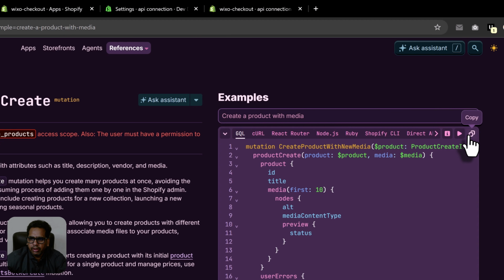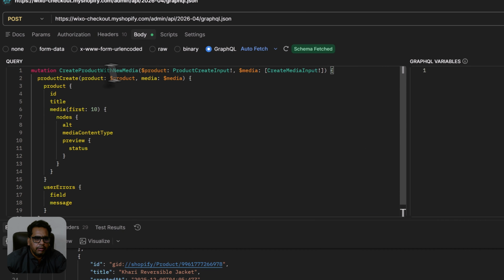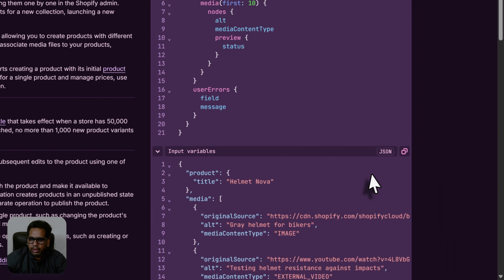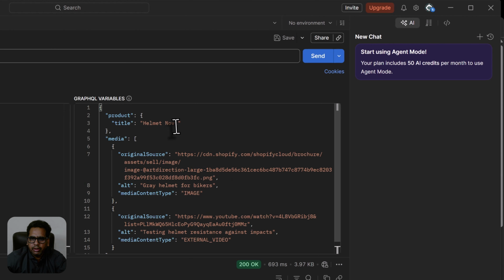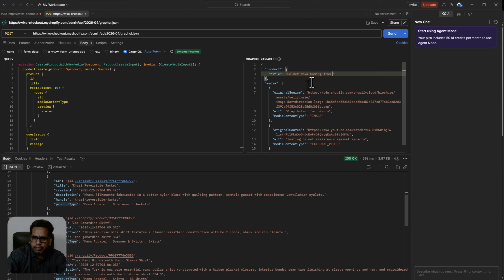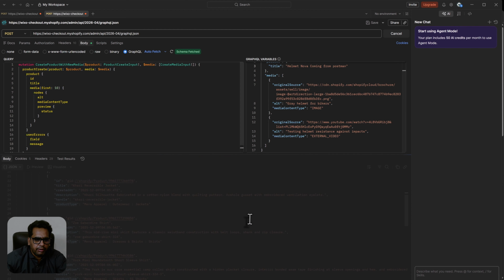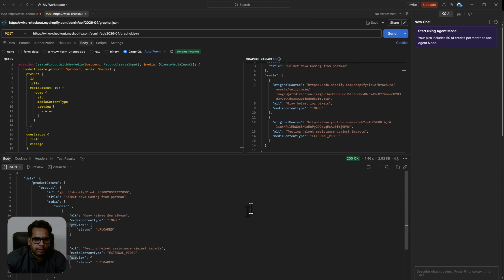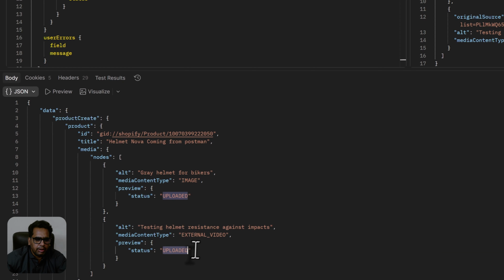So I will copy this and paste that over here. It will create the product along with this variable. We need to put this variable. So this is our product. We can change the title to helmet Nova coming from Postman, and these are the media. So let's try to create this product, send the request, and the product is created successfully and the media is